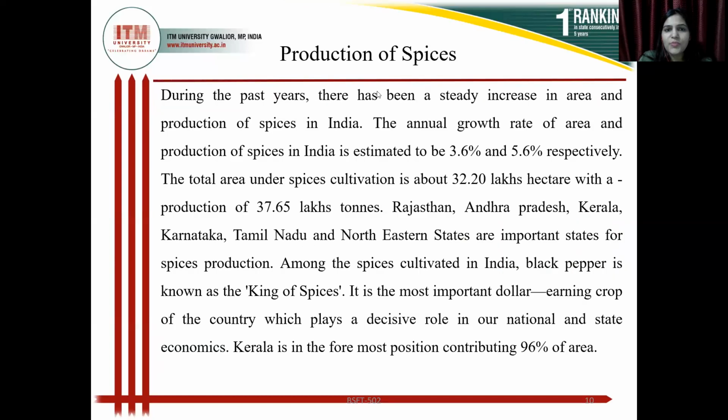The next topic is production of spices. In production of spices, during the past years, there has been a steady increase in area and production of spices in India. The annual growth rate of area and production of spices in India is estimated to be 3.6% and 5.6% respectively. The total area under spices cultivation is about 32.20 lakh hectares